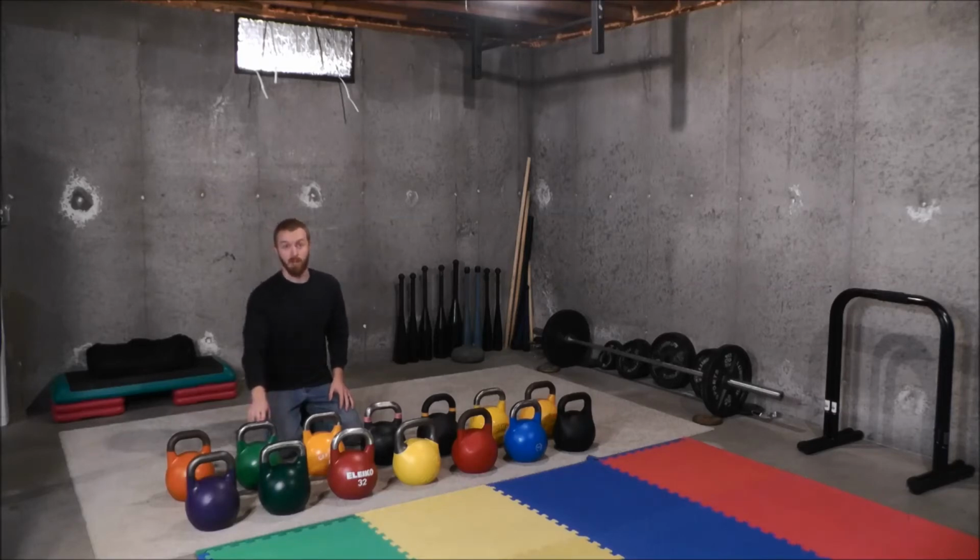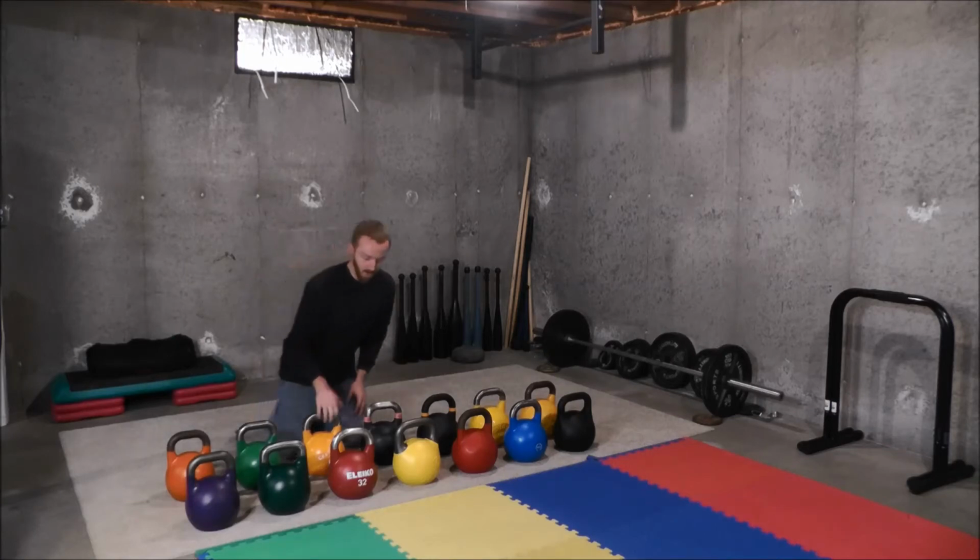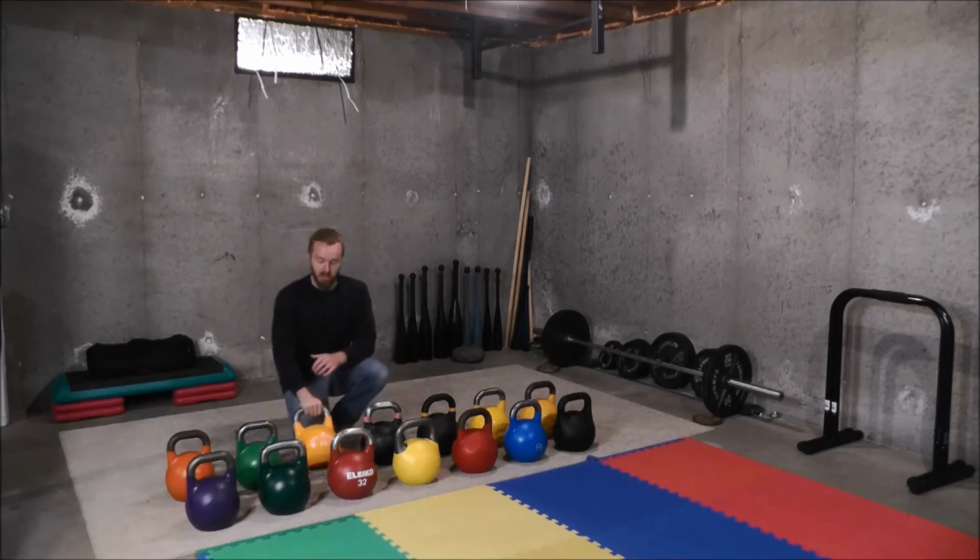So that's something to look out for if you're really looking. If you want a competition style kettlebell, you know, a nice kettlebell, then check out Perform Better when they have a sale. Another kettlebell that's good for the money, a low budget option, would be